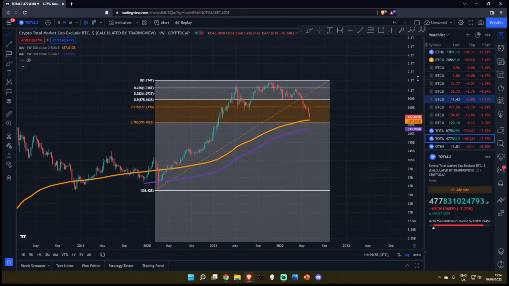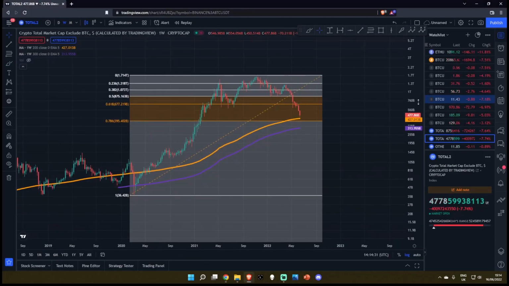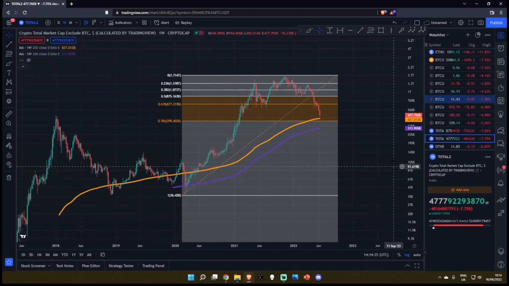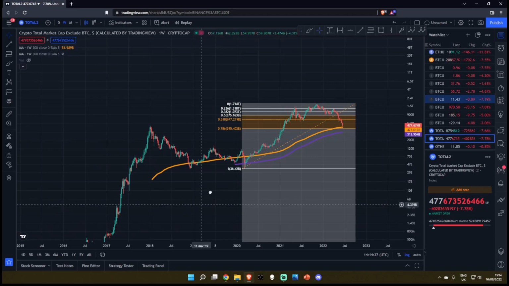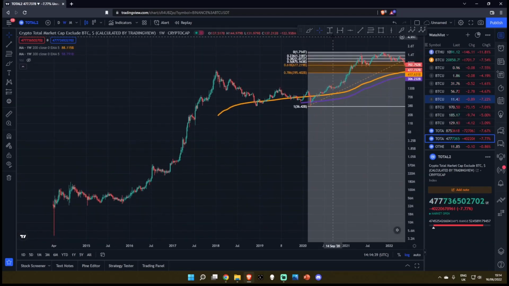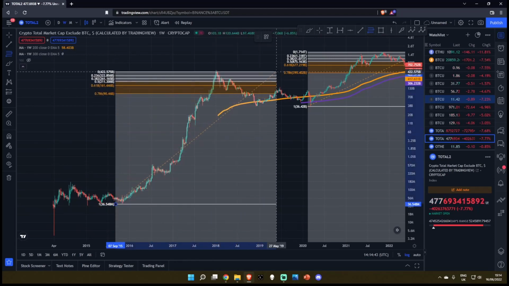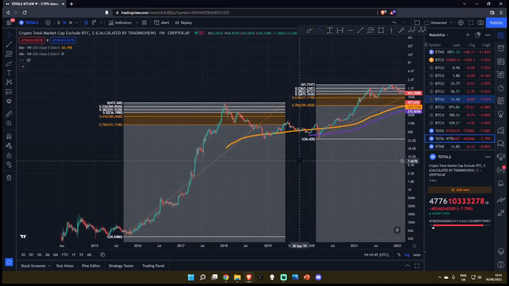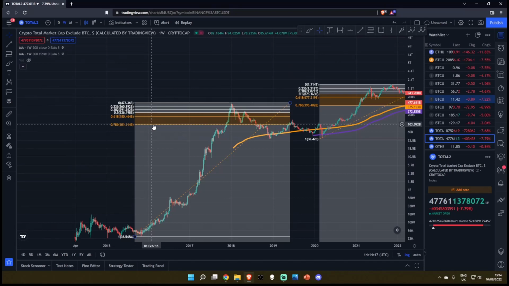If we do come over to the altcoin market cap, once again, I've been saying this for months now, it is not the time to DCA altcoins. They are getting worse and worse and worse. If you zoom back into previous market structures, you just do not hold the 786 Fibonacci in bear markets. Like you can see from the last bull run, we capitulated below the 786, had one last macro capitulation for the altcoins before the bottom is in.